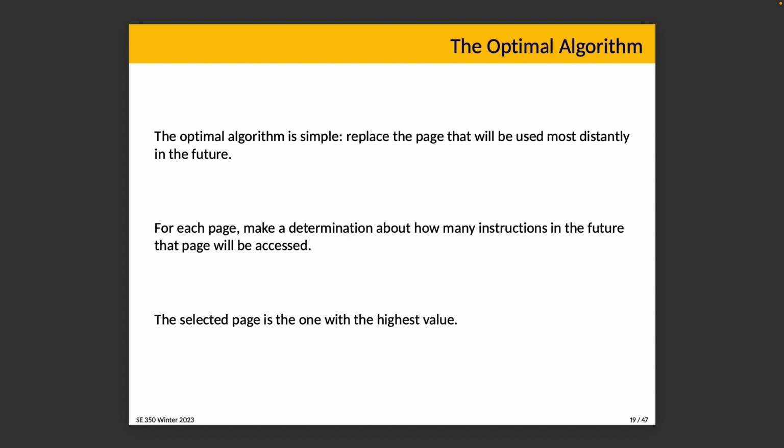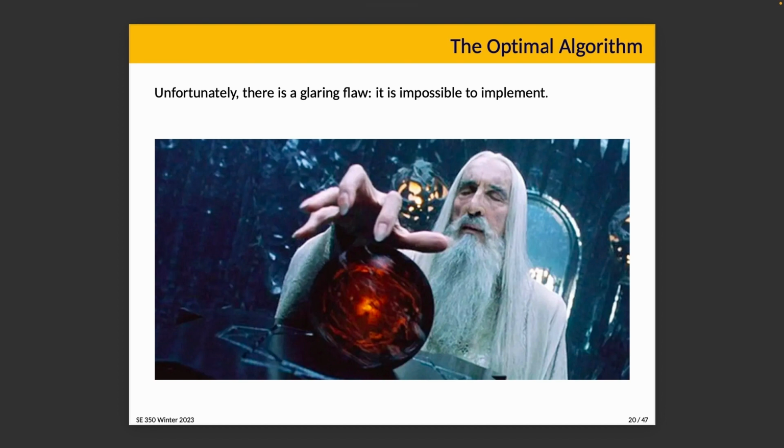No. That's obviously... there is a glaring flaw in this algorithm. It is impossible to implement. It requires clairvoyance, seeing into the future. I am acutely aware that Saruman here is using a Palantir and they don't actually see into the future. There's seeing stones kind of thing, but